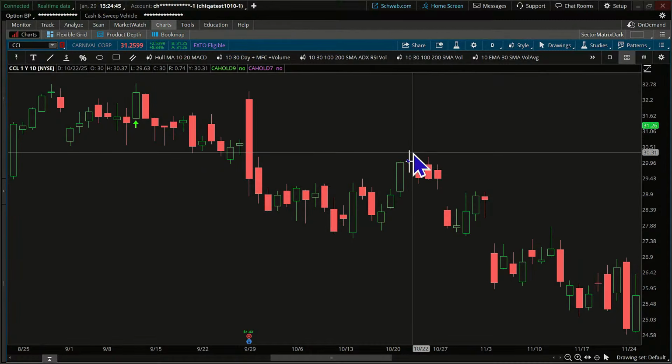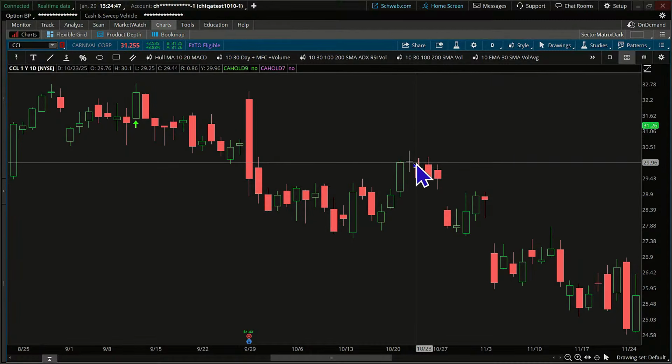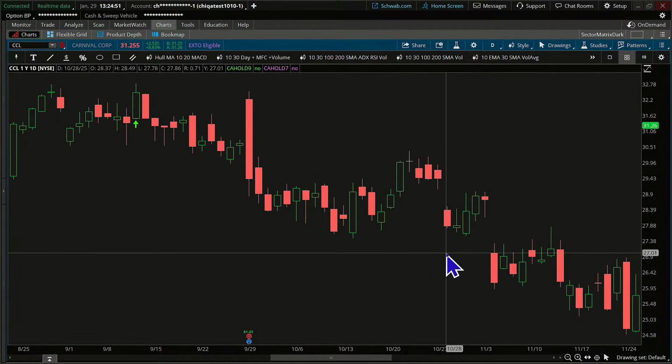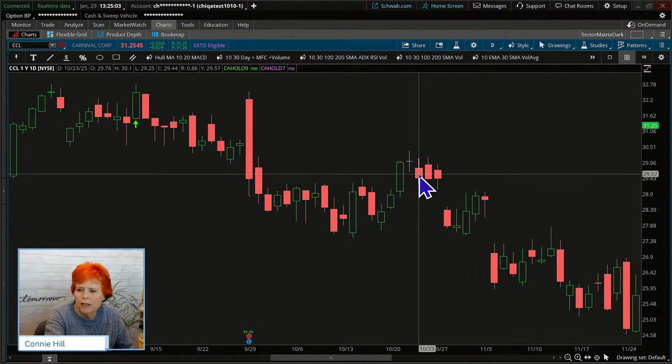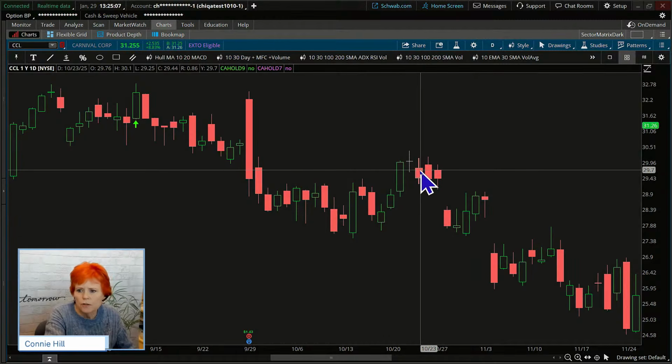This one that's also a doji is the high candle. And so we're looking for a closing price that's lower than the low price of the high candle day. So low price here, 29.63. Now visually we can see it closed below that. It closed at 29.44. So this would be our close below the low of the high candle day.